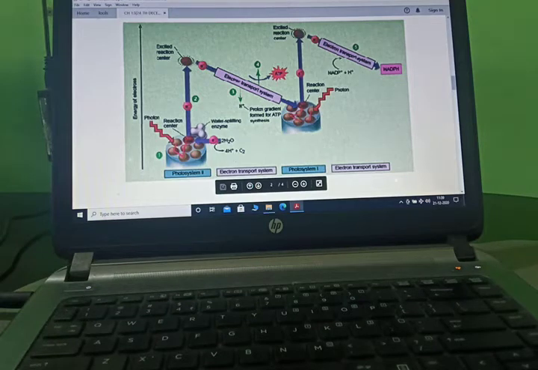Here we can see two water molecules, and they are broken into hydrogen atoms plus oxygen. One more time we will study. This is photosystem 1, this is photosystem 2, photon, reaction system, photon and reaction system. Now this is the water splitting enzyme which is needed to break the water into hydrogen and oxygen molecules. Electron is released, accepted by the ETS, electron transport system. Now here, as you can see, it comes here and at the same time there is release of hydrogen atoms.